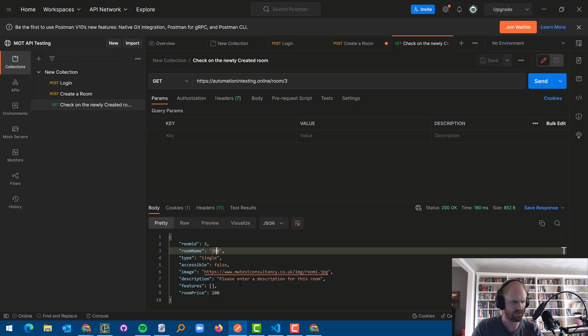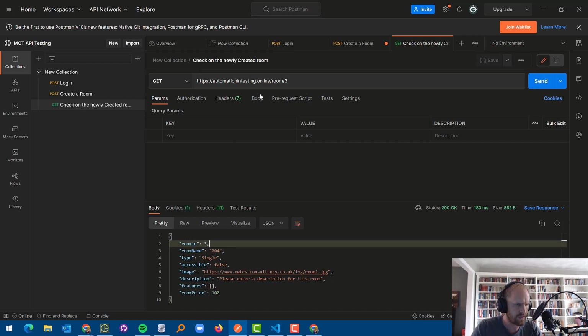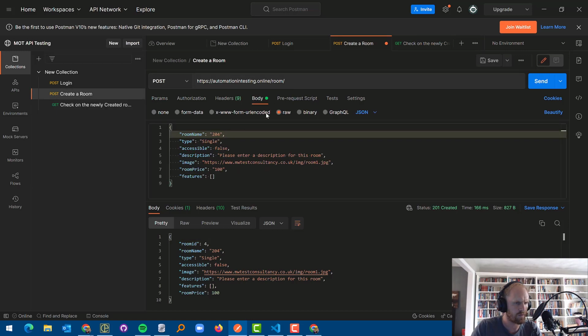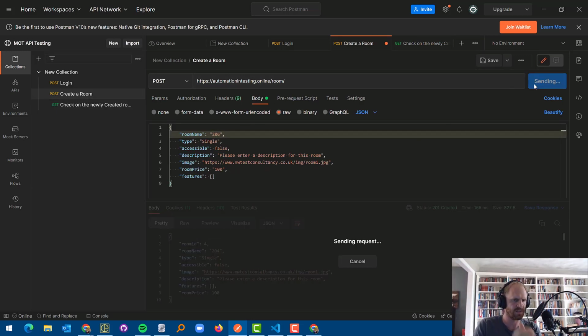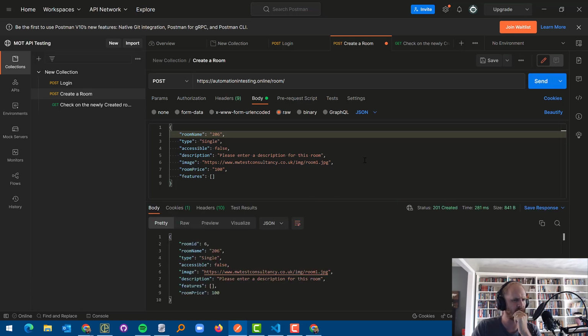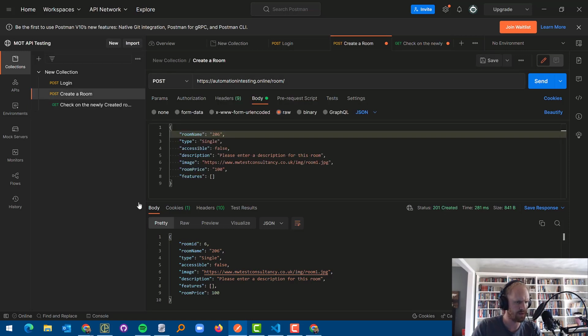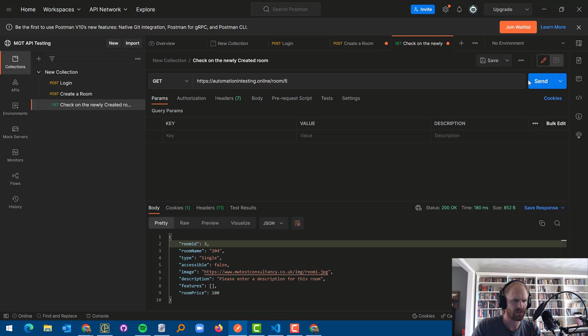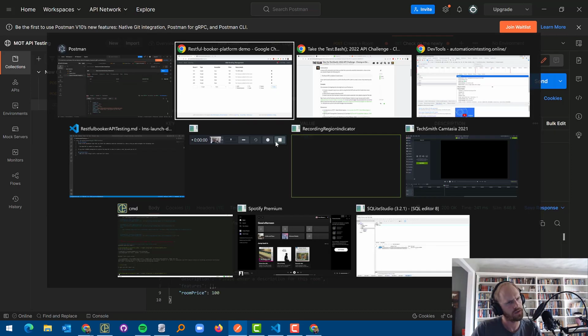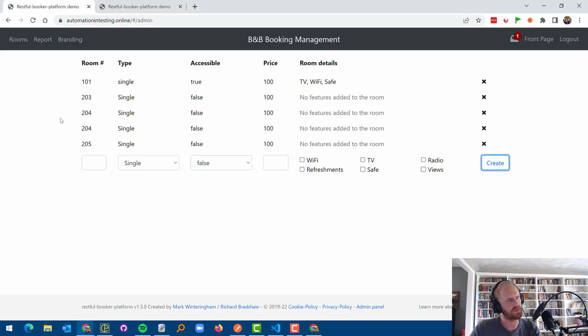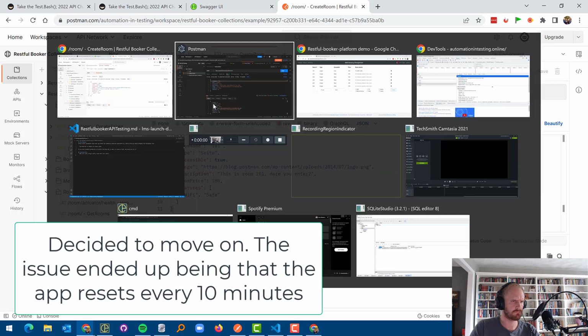so what I'm trying here is, wait, wrong one, 206. What I'm trying here is to see if I create it from 2 different places. So that was room ID 6, right? Yeah, room ID 6. Let's check on that. That seems to work. Interesting that it didn't work the first time. Okay,